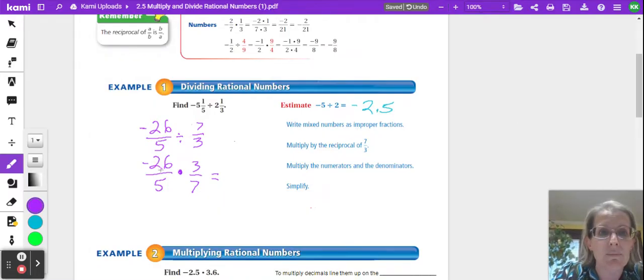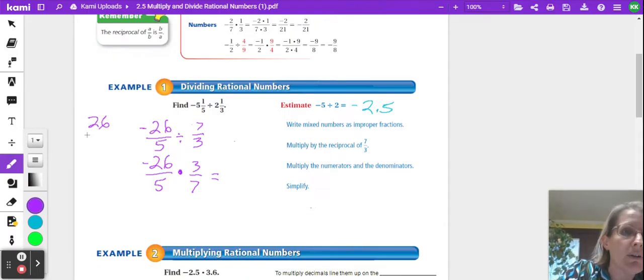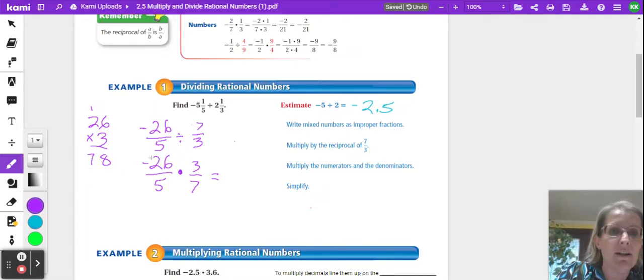So now I multiply across. 26 times 3 I can't do in my head, so I'm going to go ahead and work that out over here. So 26 times 3. 3 times 6 is 18. 3 times 2 is 6, plus 1 is 7. So that'll be 78, but a negative times a positive is a negative. So I get negative 78 over